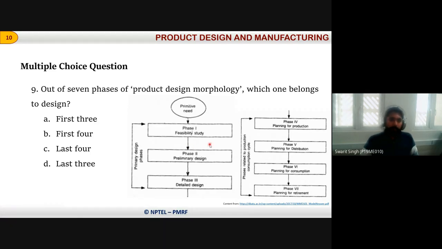Then there is a preliminary design. So this is what you can say, we design the primary